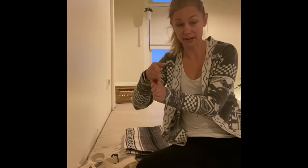So, number one, the correct alignment for this pose is hips over shoulders, ankles over hips. So everything is actually lined up in a vertical line, okay? If you have tight deltoids, outer deltoids, or if you have tight pectoral muscles, you're probably not gonna like this pose as much because it takes a lot of